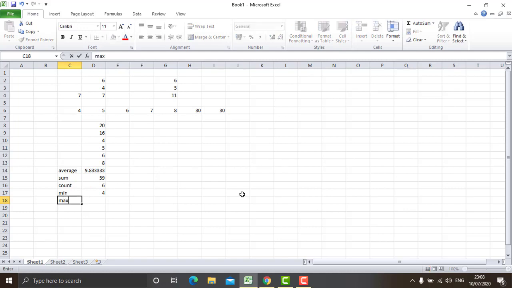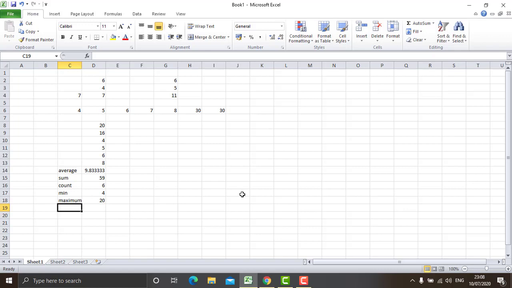Next is maximum. We want to get the maximum value, the largest value. For that, it is is equal to MAX, bracket open, D8 colon D13, bracket close. The largest number is 20, so I should look for 20. You can see 20 came here.